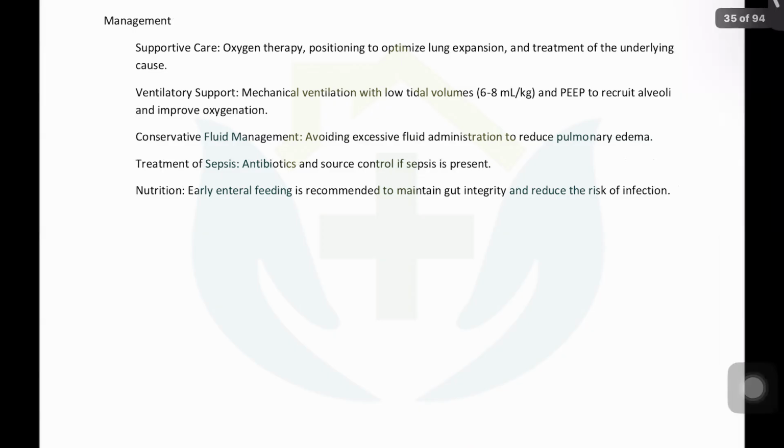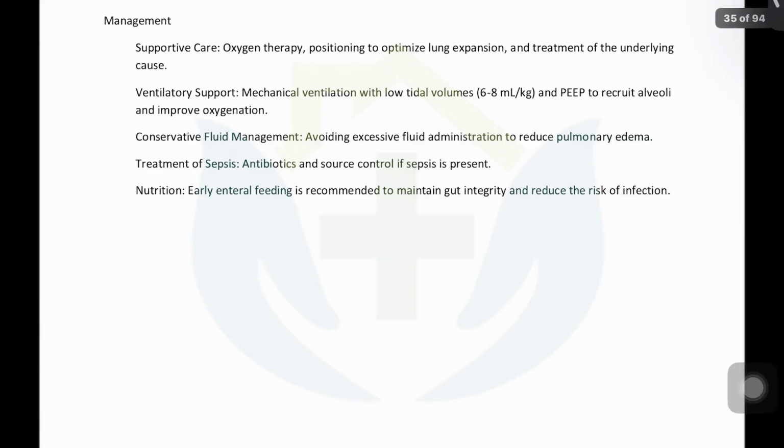Usually, the supportive care begins with escalating oxygen therapy, going from nasal cannula to intubation, ECMO, and everything, and trying to treat the underlying disease. Ventilatory support pitches in whenever we are unable to maintain oxygenation or ventilation, or there is respiratory failure, with non-invasive ventilation or by HFNO. Even if you have to ventilate such a patient, you will need to use low tidal volumes, and PEEP has to be given to recruit, that is, to keep the alveoli open to improve the oxygenation. Fluid management has to be conservative.